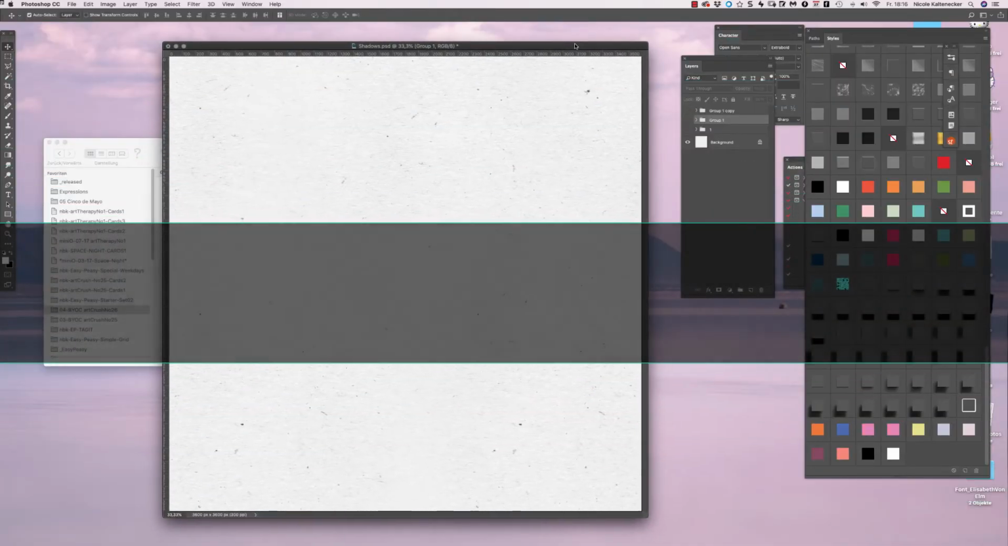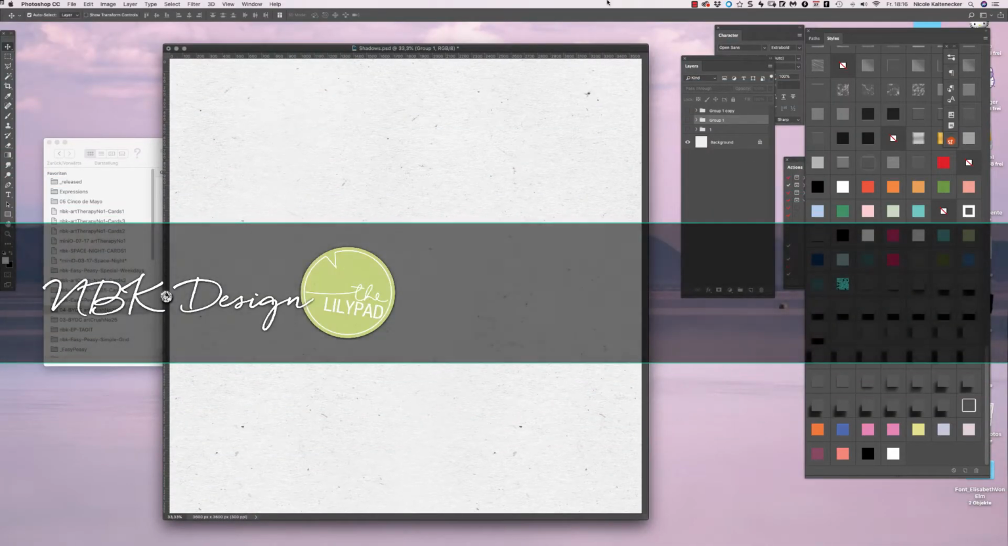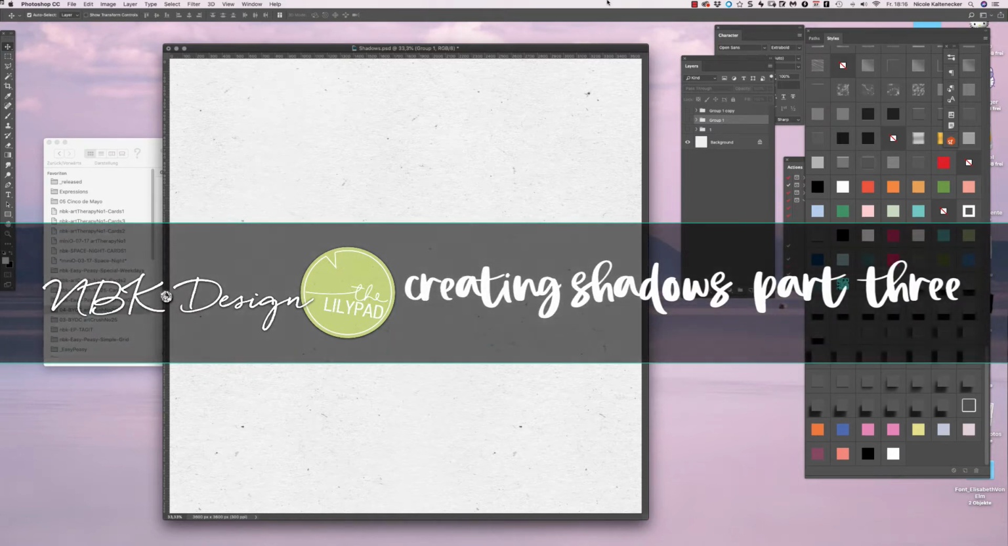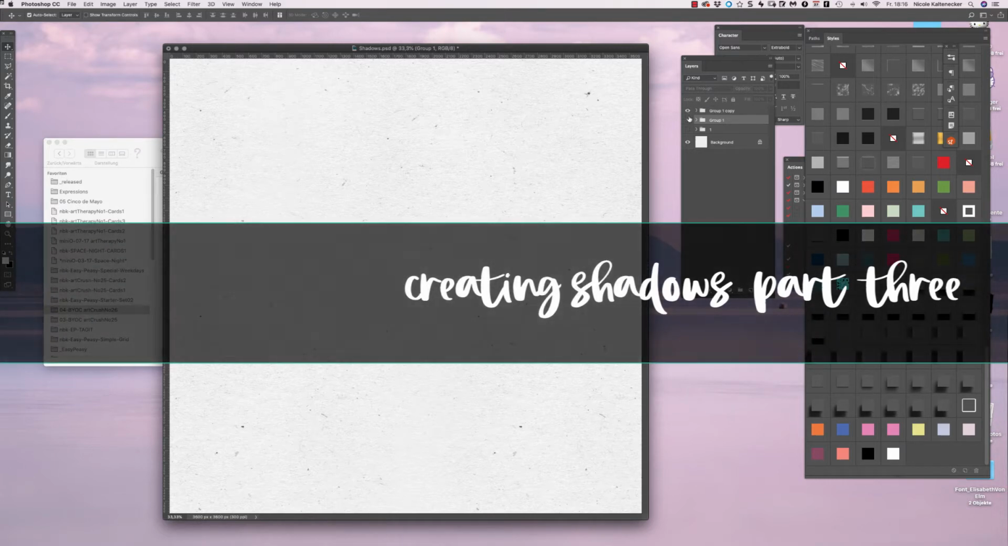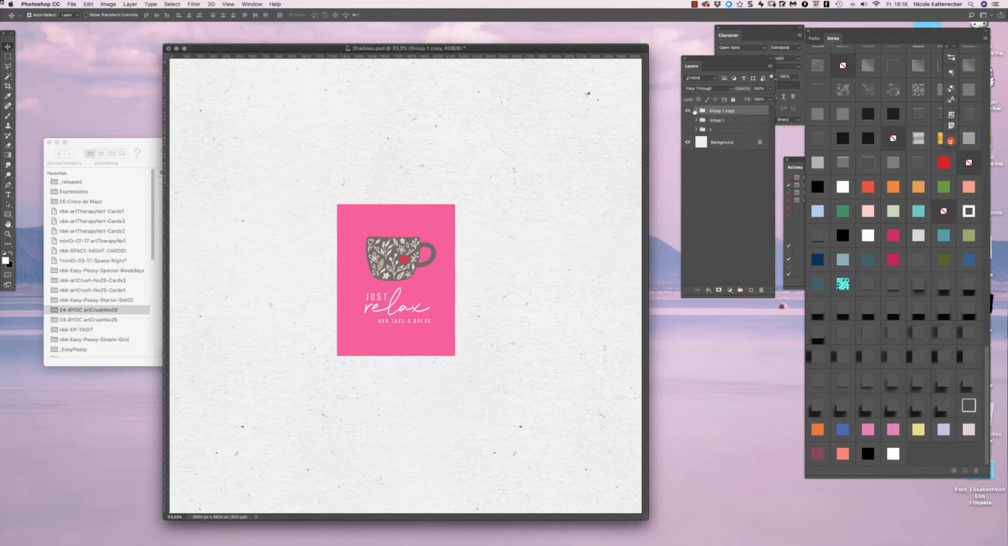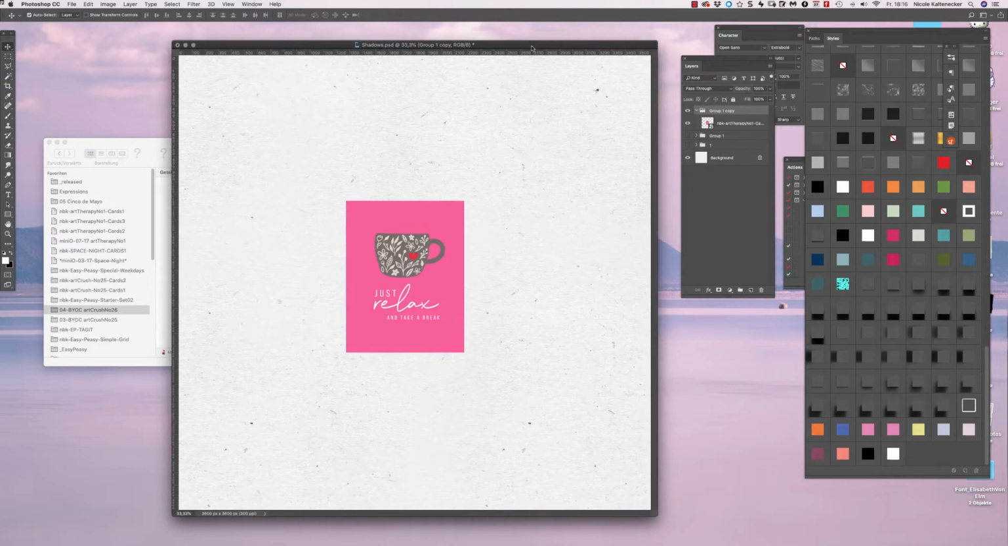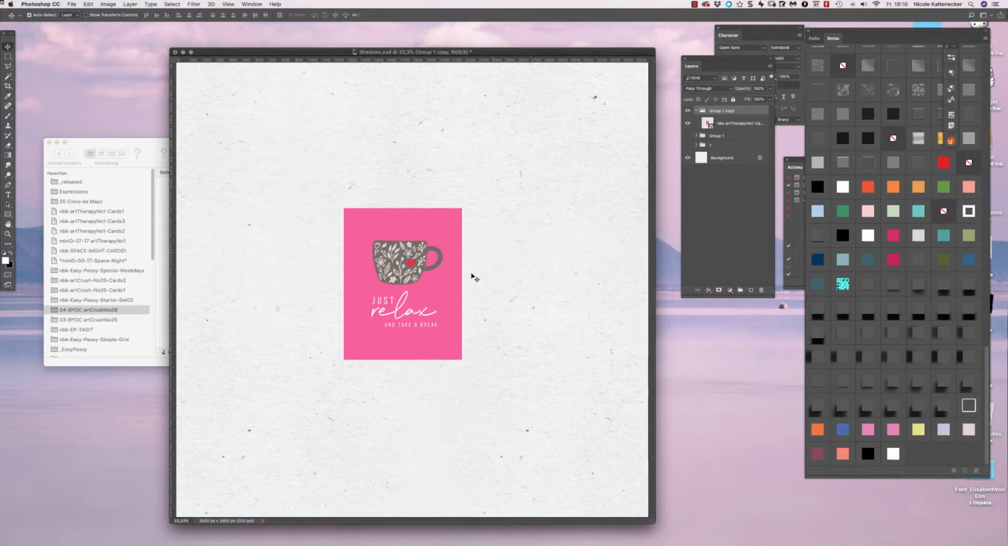So here we are with the third part of the shadow tutorials, and this is the one I most likely use, and I think it's the easiest way if you have Photoshop. This also works in older versions of Photoshop. So you have your card again on a 12 by 12 page,